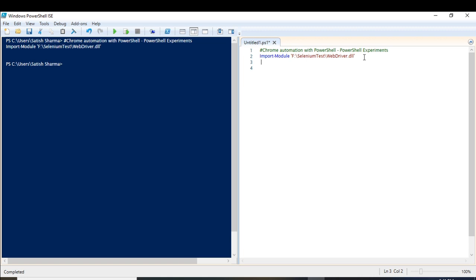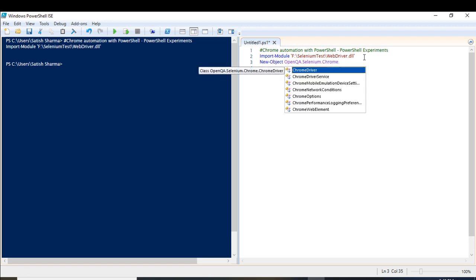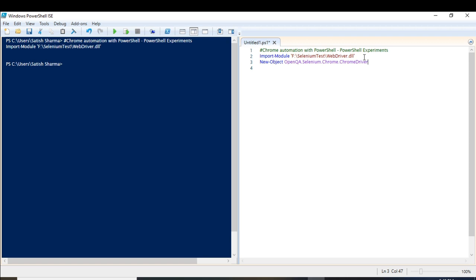How will we use it? We'll be using New-Object OpenQA.Selenium.Chrome.ChromeDriver.